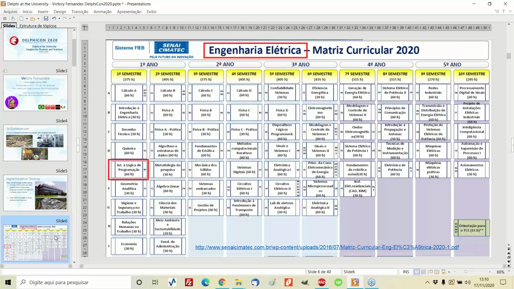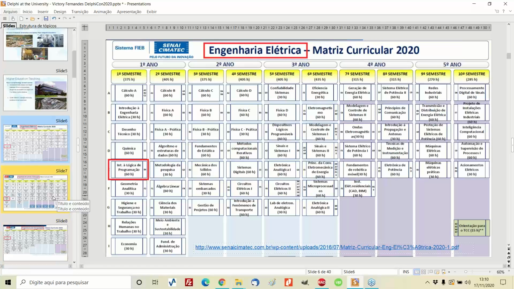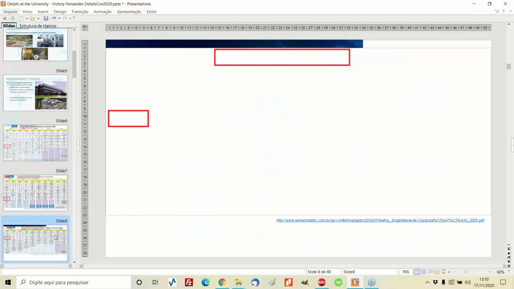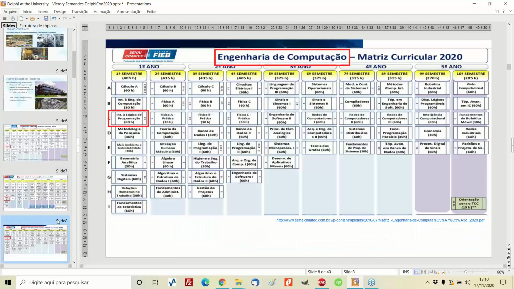You will see that in the first semester, we find the discipline of programming logic. You have this little box in red on the bottom left. And this goes not only for electrical engineering, but also for control and automation, where you will find the discipline of introduction to programming, and also for computation engineering.